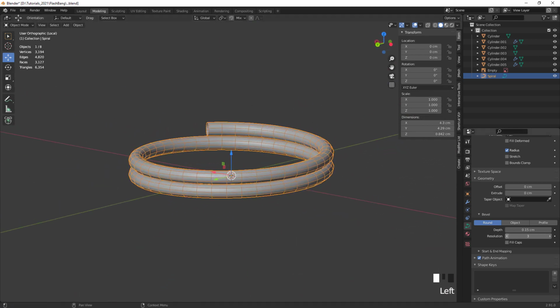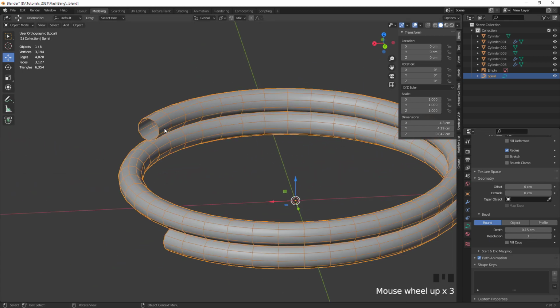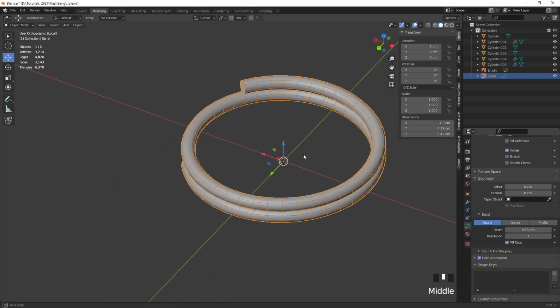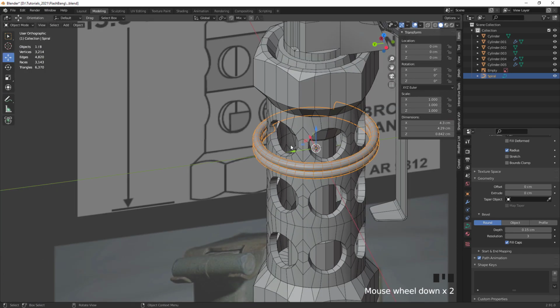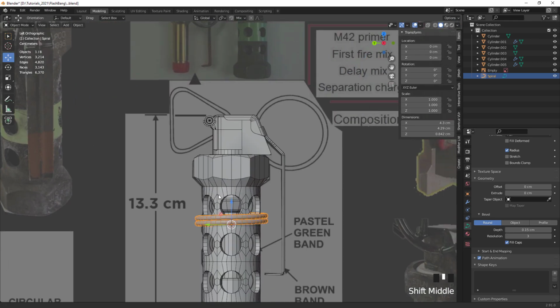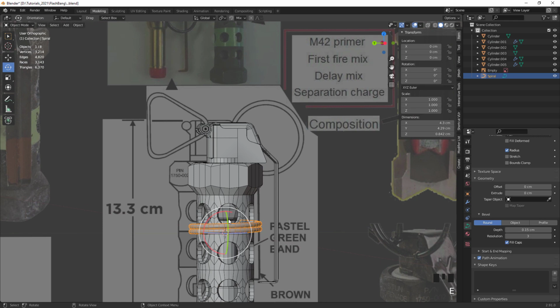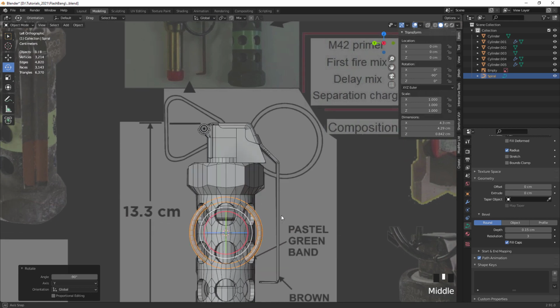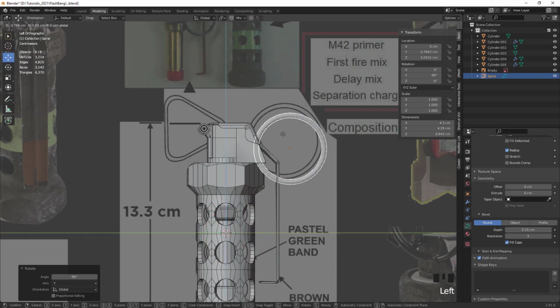And then I'm just gonna lower the resolution. It doesn't have to be at 4, still round enough with 3. Fill the caps. And now we have this nice ring here. What I'm gonna do is rotate it 90 degrees. With Control we can snap it, and at the upper left you see that it's 90 degrees. And then I want to move it over here